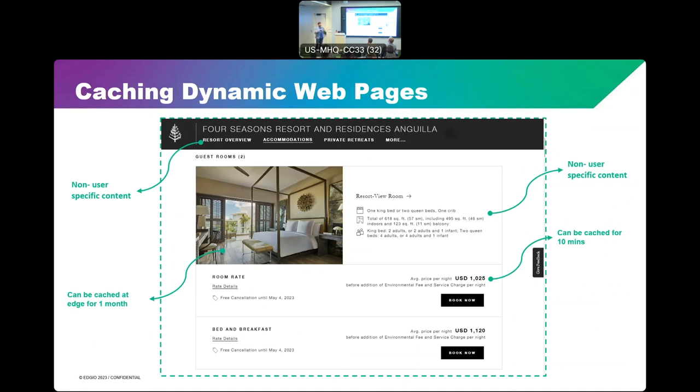You can granularly set those caching rules to say, after a day, refresh it, pull the latest and put that in your cache CDN. The room image, maybe you have that for a month. Things like pricing, lots of people have dynamic pricing. You can set cache limits as low as minutes. So maybe you cache that for 10 minutes, 30 minutes. How often is your pricing coming out? How often is your content being refreshed? And so you can set those time limits for those different aspects, depending on what it is on your site. And so with that, again, the more you're caching, it'll help support your performance.